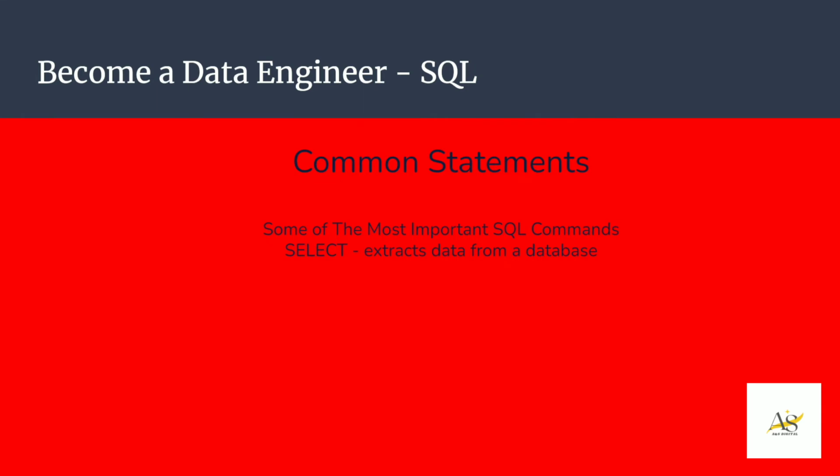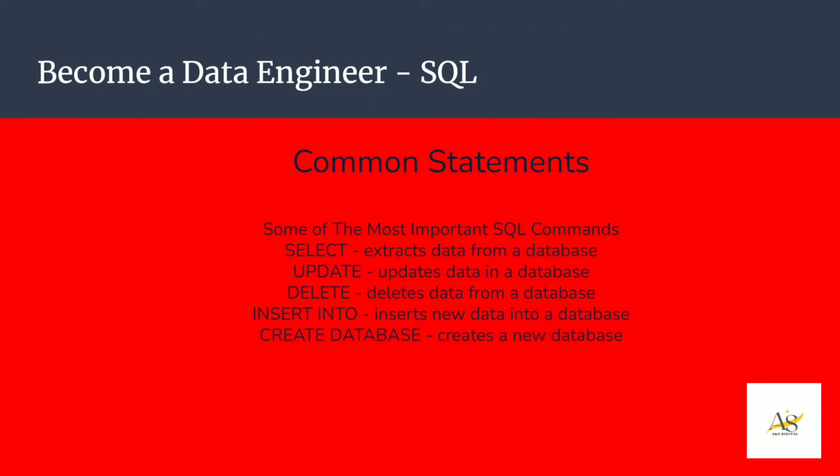So let's look at the most common statements that a database engineer doing SQL would encounter. First is select. This is what extracts data. So you select something from a table. Second is update, where you want to make a change. Say a customer's phone number has changed, so you would use an update statement. What if that customer is no longer with you? You want to remove him from your list, so you would delete him. What if you have a new customer and you need to insert her into the database table? So you would use an